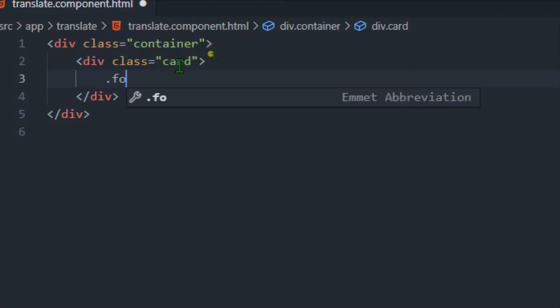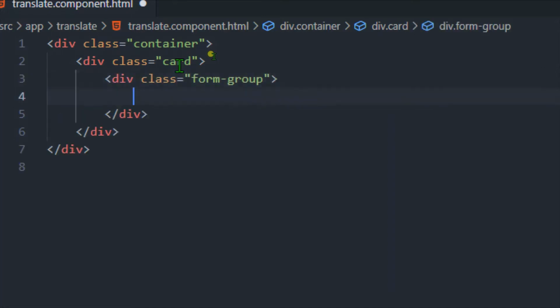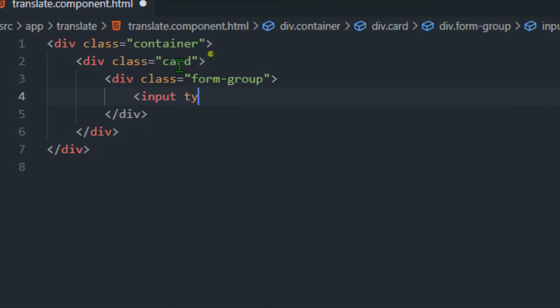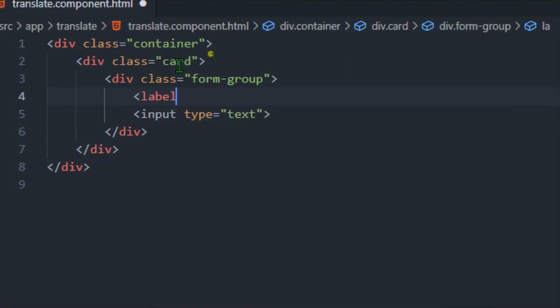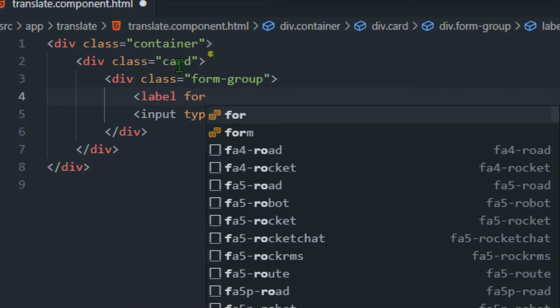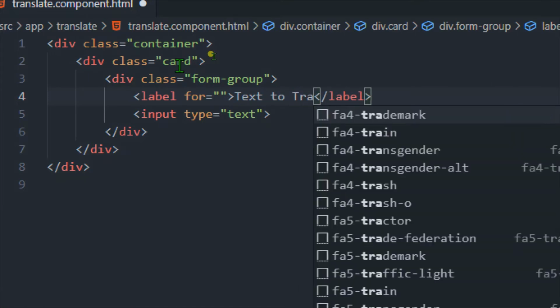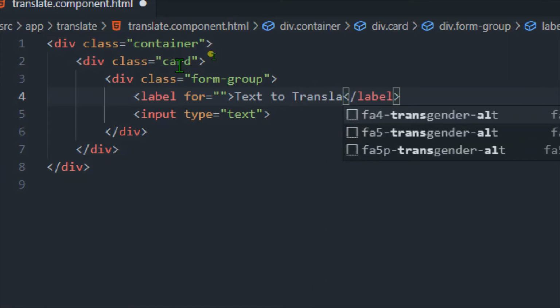Let me use another Bootstrap class, that is form-group, and then let me type input type equals text, like this. And before that, let me give one label for, I'll just make this empty, and now the label text will be text to translate, like this.